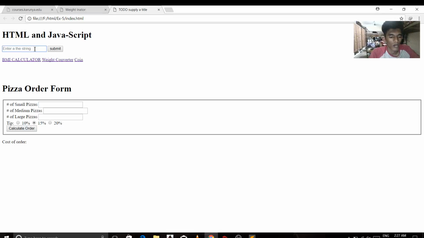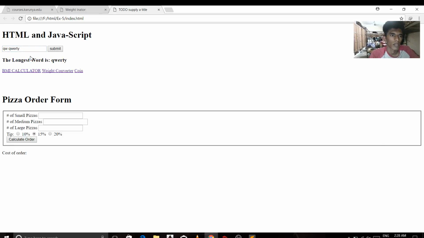This will tell how long my string is. This is the longest string which I have entered. QW is my first string, QWERTY is my second string. If I click submit, it will say the longest word is QWERTY. So this was my first